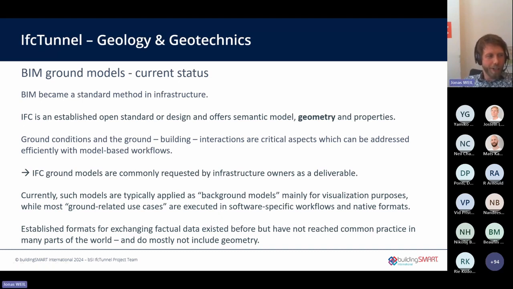Of course, there's no intention to replace these established formats that we just heard about. That's why I started this introduction from the other side here. There is this request to bring ground models and geotechnical data into the BIM world, and IFC could be one vehicle for that. One argument is that many of these standards that we know, AGS, DIGS as examples, are not designed for, or not so strong on, the geometry side.